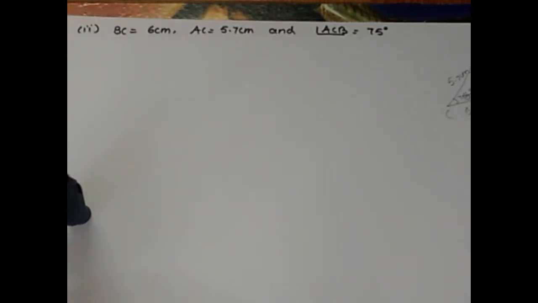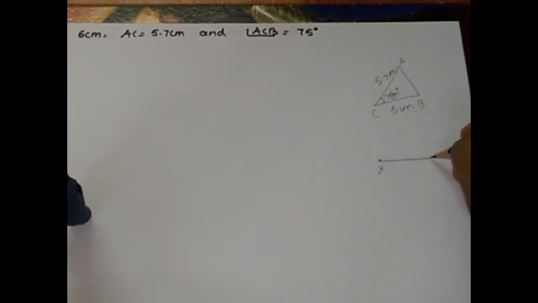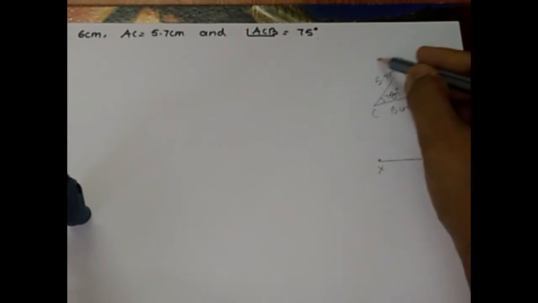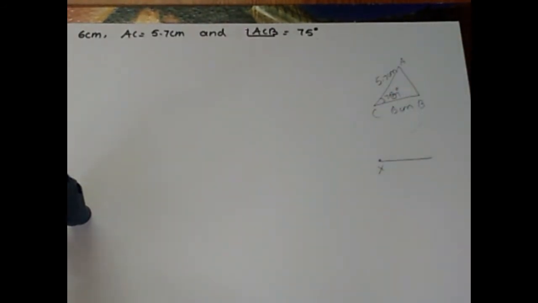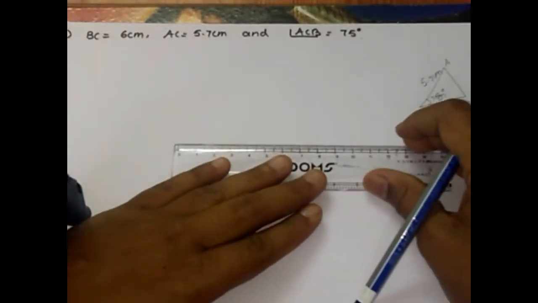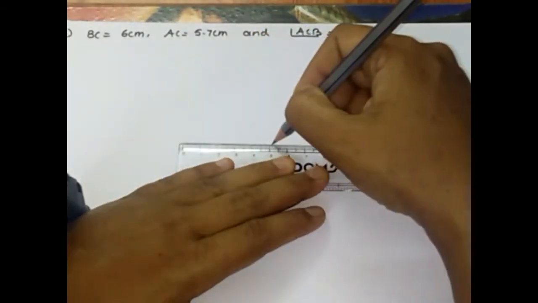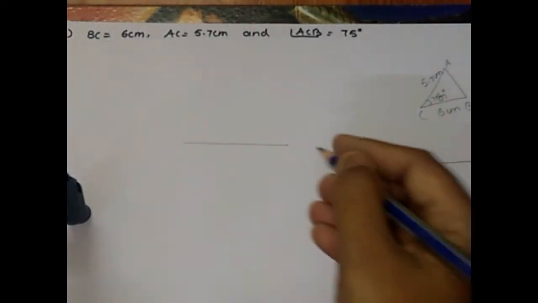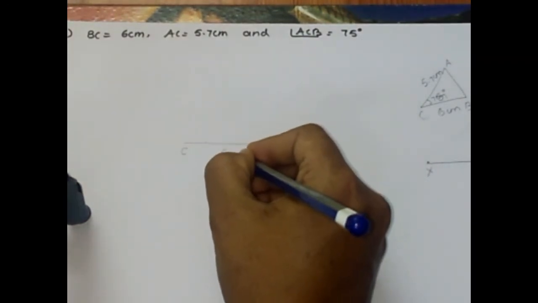BC and CB are one and the same. Most students find it convenient to construct the angle at this point, but it is not compulsory. You can have the angle at the other point also; it is just a habit of constructing at the initial point. I have named this as C. So what is the first step? The first step is again to construct a straight line BC with its measure given as 6 cm. While labeling, mark this as C, this as B. Its measurement is 6 cm.